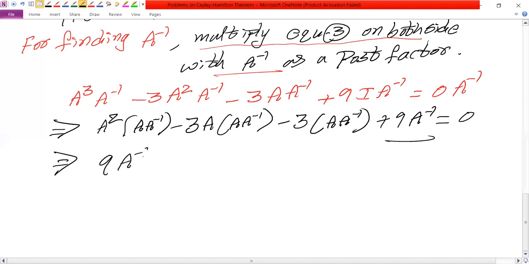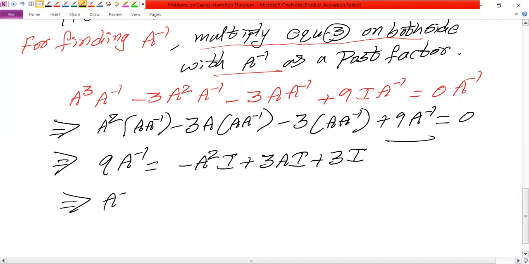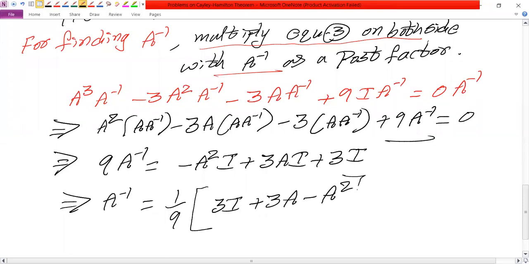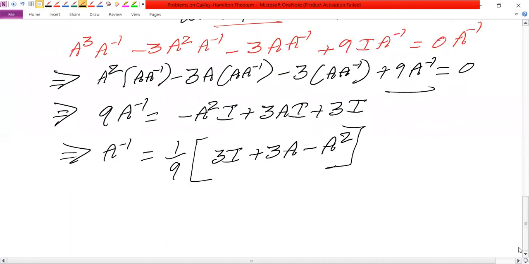9 into A inverse equals, one is minus A square into I, plus 3A into I, plus 3I. Then finally, A inverse equals 1 by 9 into 3I plus 3A minus A square. Is it clear to everybody what I am writing? Now, that implies A inverse equals 1 by 9 into